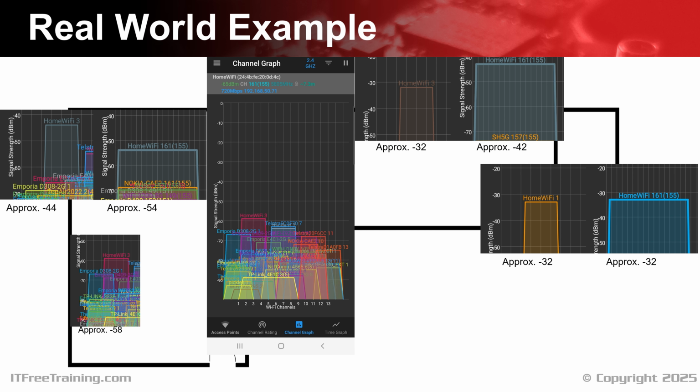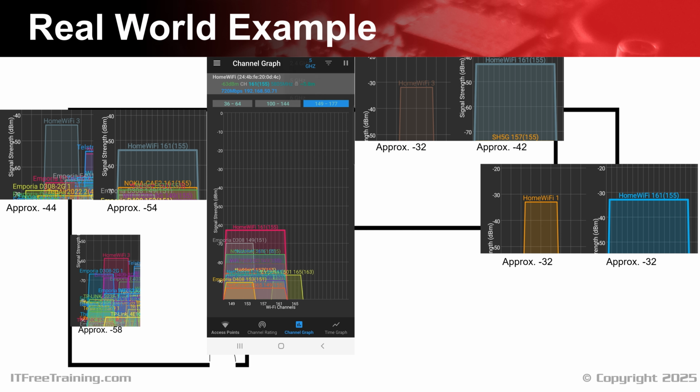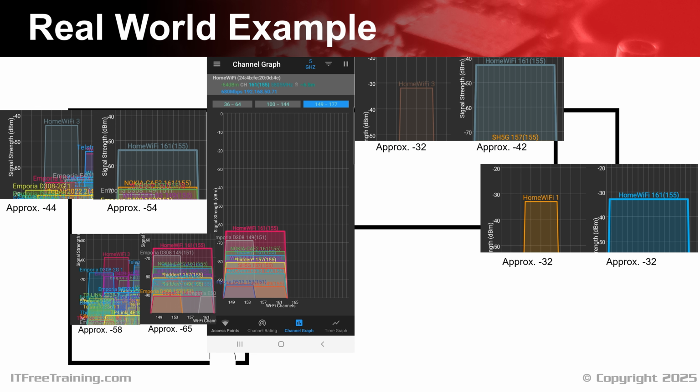I will now select the 5 GHz range. You will notice that the signal strength has dropped down to fair. I will now add this to the map. There are as many Wi-Fi access points using the 5 GHz band as the 2.4 GHz band. While 5 GHz offers clear advantages due to its high speed and is generally less congested than 2.4 GHz, its signal strength diminishes more rapidly as you move further away from the access point.